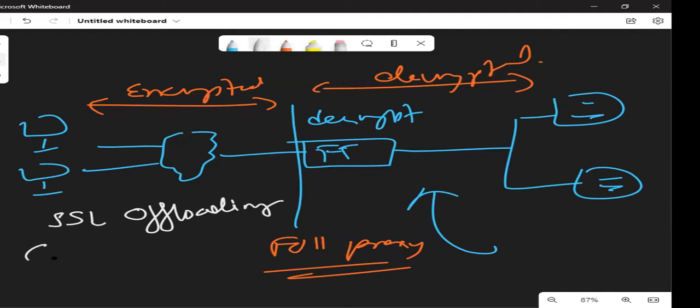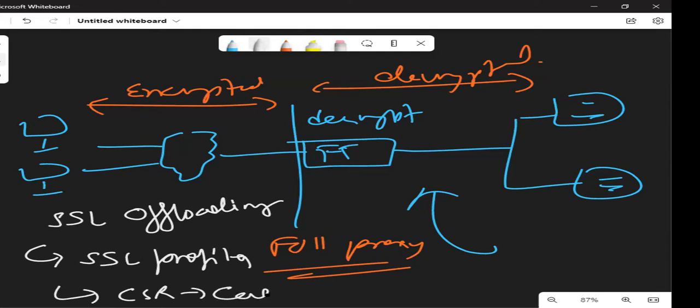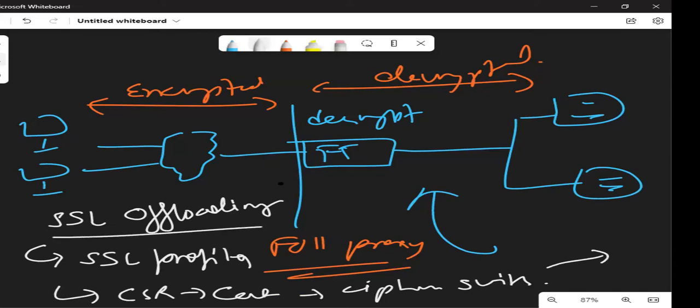In the class I will be teaching what are SSL profiles, how to create a CSR, how to create a certificate, and what different cipher suites are available, what should be there, and what we need to use. We will cover all of these things in our classes. This is one thing, SSL offloading.